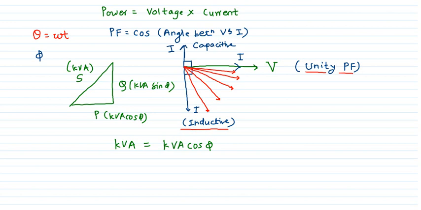kVA squared is kVA cos phi squared plus kVA sin phi squared. So this is active, this is reactive. So your target at load side is always to consume least reactive power, so that your kVA will be exactly equal to your active power. So whatever power is getting supplied to your load is actively converted for your use, and least reactive power is required.